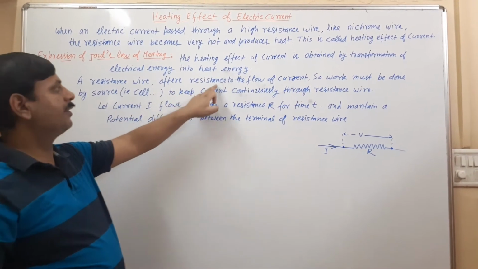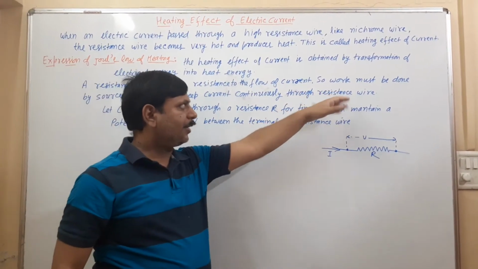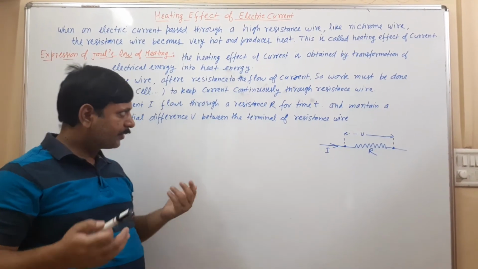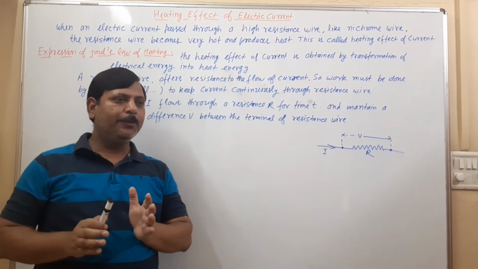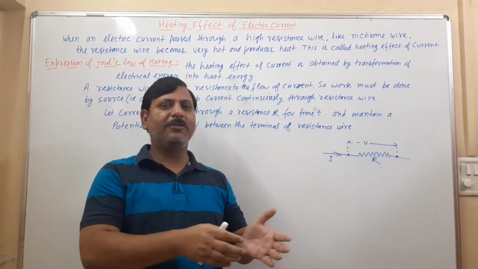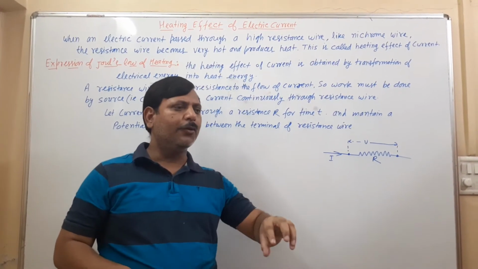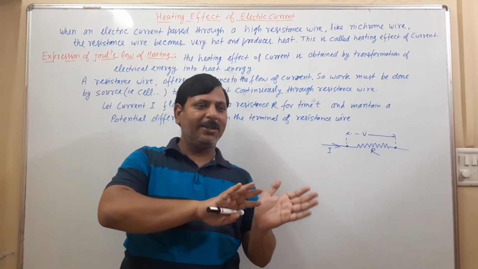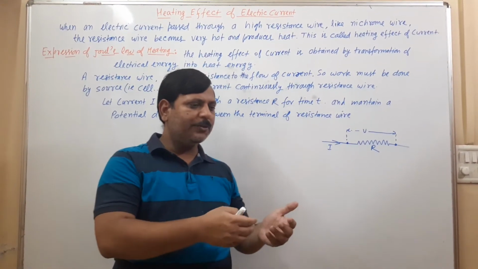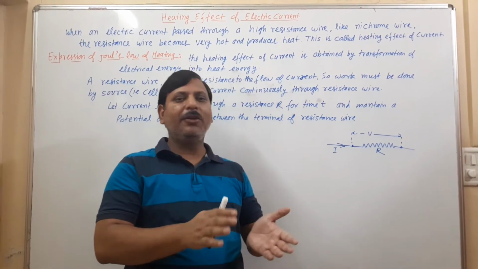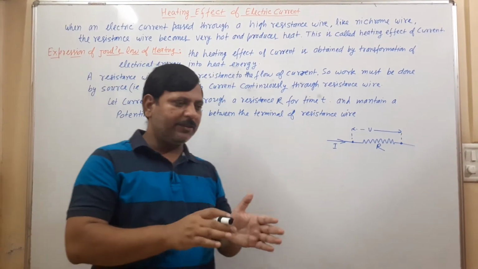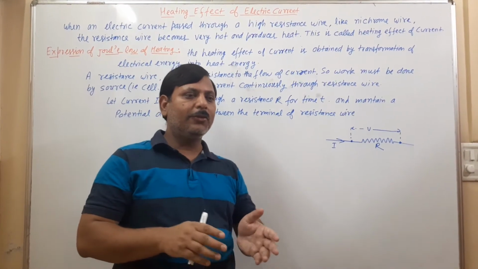A resistance wire offers resistance to the flow of current. So work must be done by the source to keep current flowing continuously through the resistance wire. One thing we have to know: when we switch on any circuit, current will flow. The wire offers resistance to the flow of charge. So due to the flow of charge, there is work done per unit charge. We know that is the potential difference. If we want to make the potential difference continuous, the external source has to